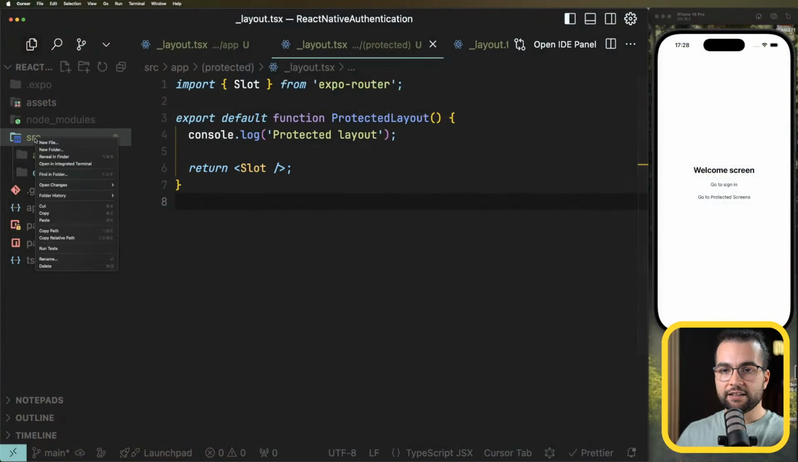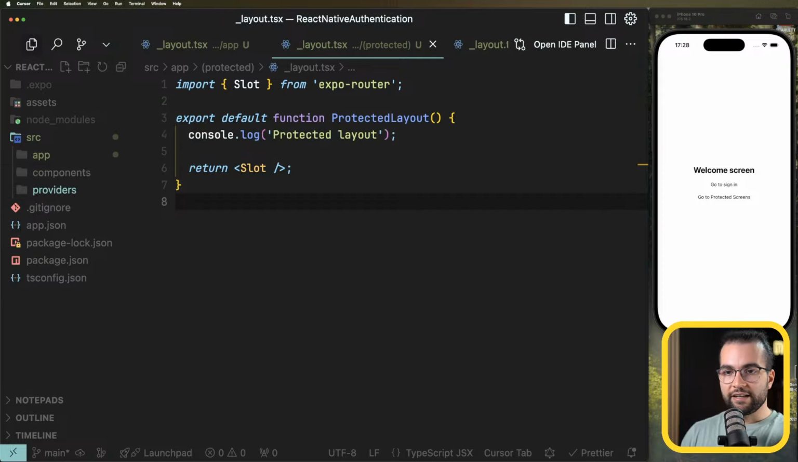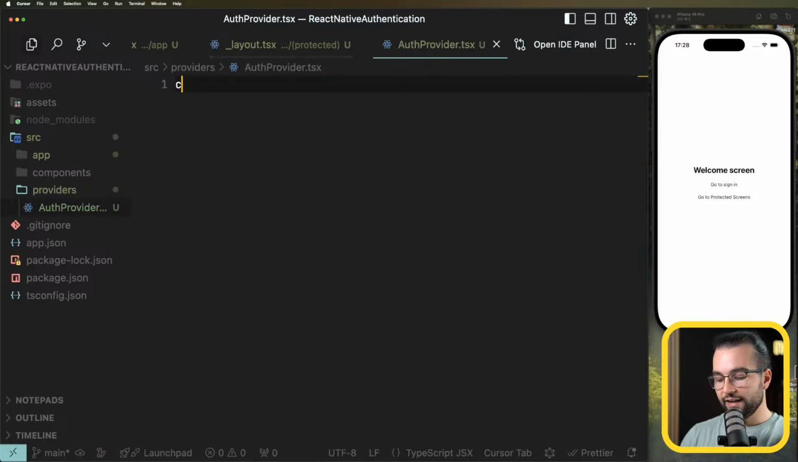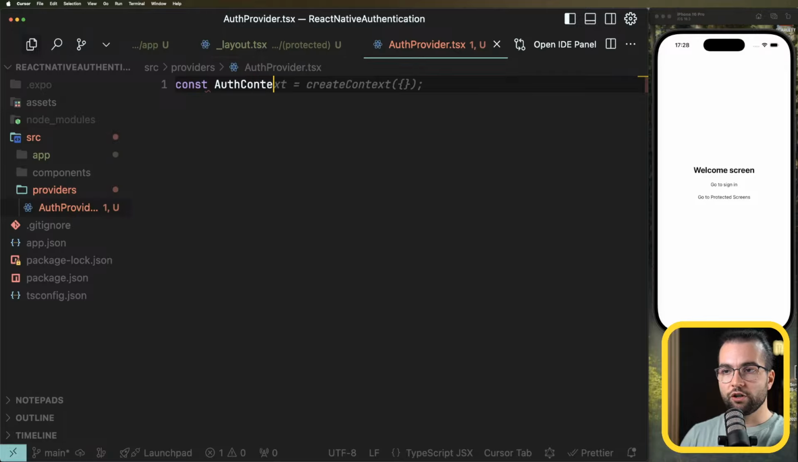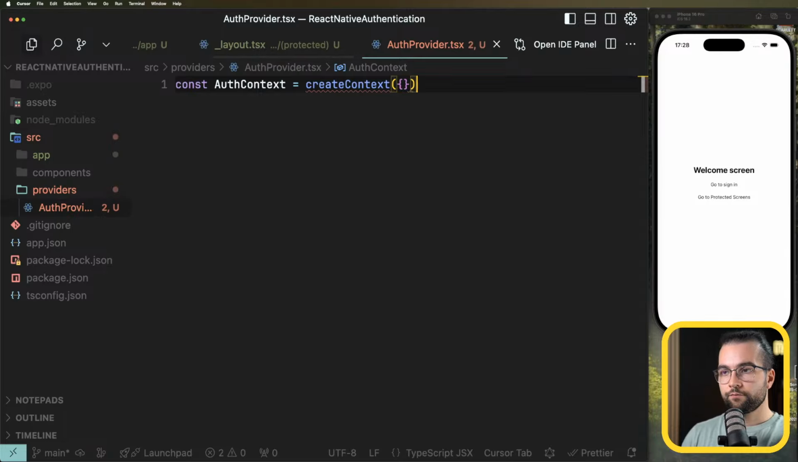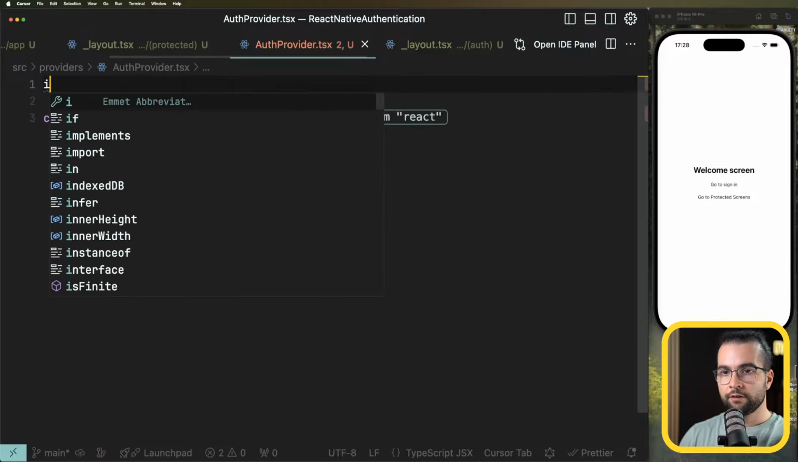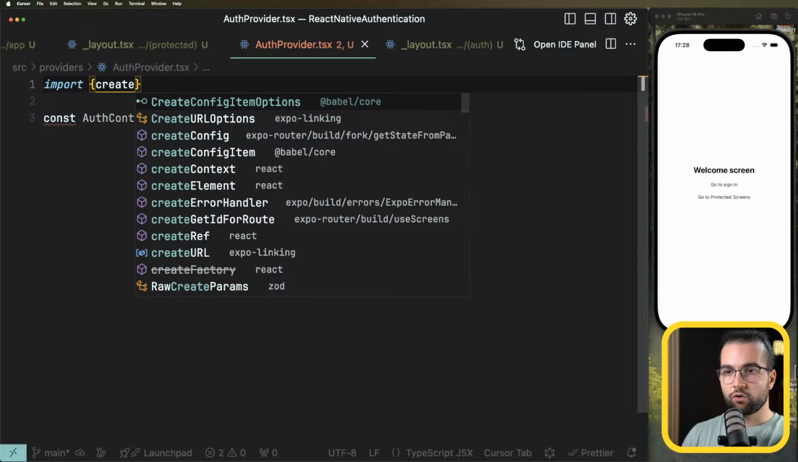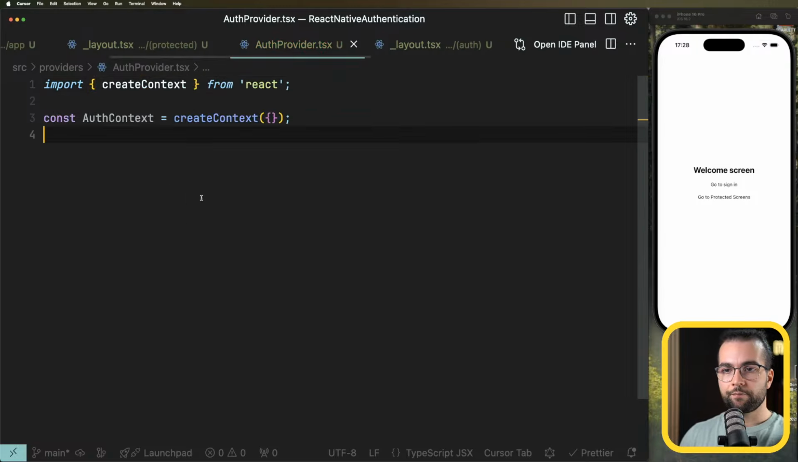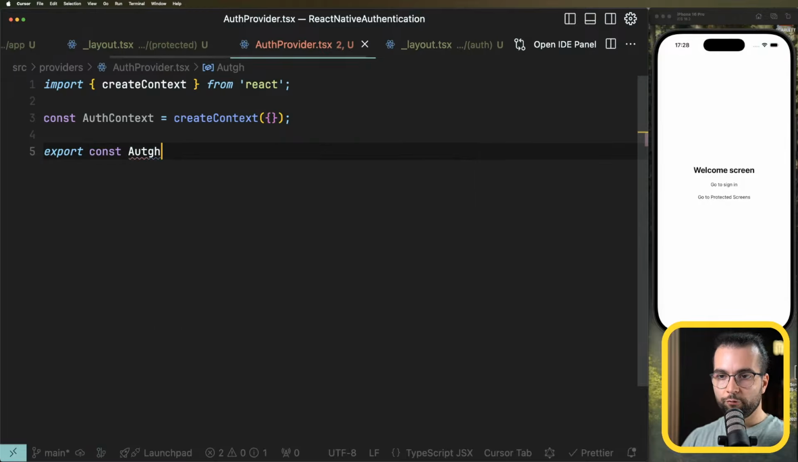For now, let's go ahead and create a new folder in the source, providers. Let's create the auth provider.tsx. In the auth provider, we're going to say auth context equal to create context. The create context should be imported from React. Now we're going to export here a component that is going to be the auth provider